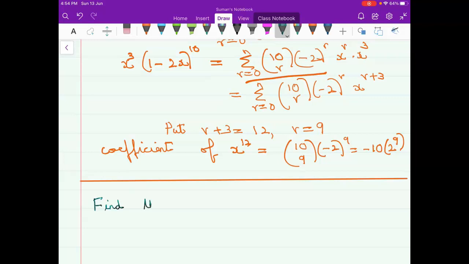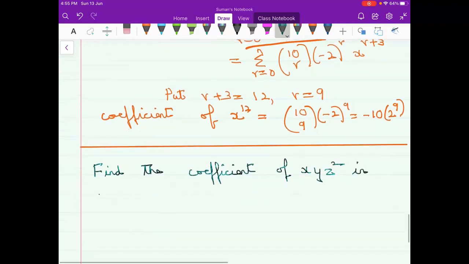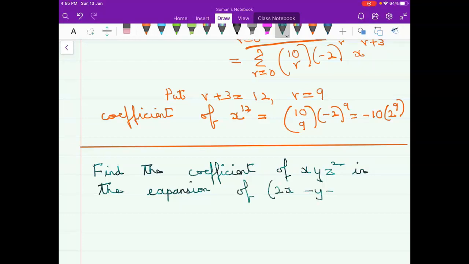Find the coefficient of x, y, z squared in the expansion of 2x minus y minus z raised to 4. So by multinomial theorem,